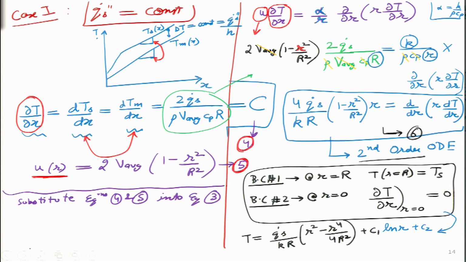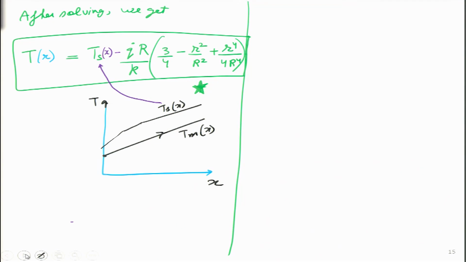because in case 1 when we are keeping heat flux as constant, Ts has to increase with x. I cannot keep Ts constant and heat flux constant at the same time. That is not possible in nature. If I am keeping q dot as constant, Ts has to rise, which means Ts is a function of x, which means on the left hand side over here I will write that T itself is both a function of r as well as a function of x.